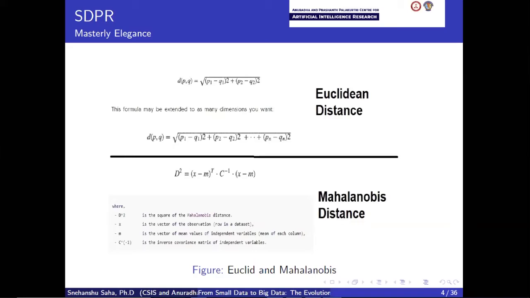The effect is the following. If the variables in your data set, the attributes, which are customer age, academic qualification, annual income, and so on, are strongly correlated, then the covariance will be high. If you divide by that high number, it will effectively reduce the distance. Likewise, if the variables are not correlated, then the covariance is not high and the distance is not reduced. So effectively, it addresses the problems of scale as well as the correlation of the variables. Using this, he essentially solved a very critical problem which people realized 40-50 years later